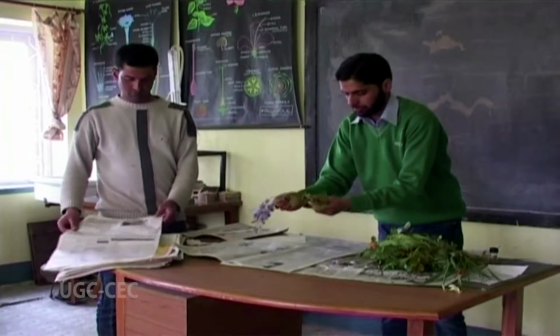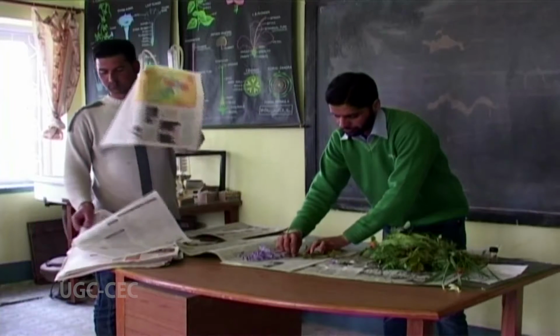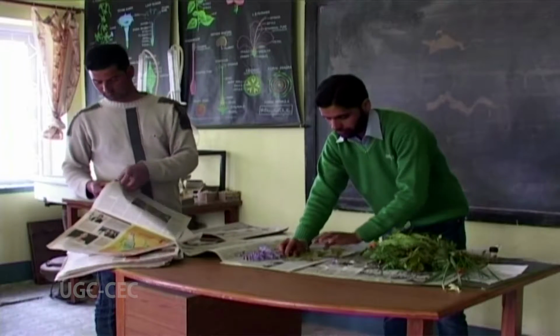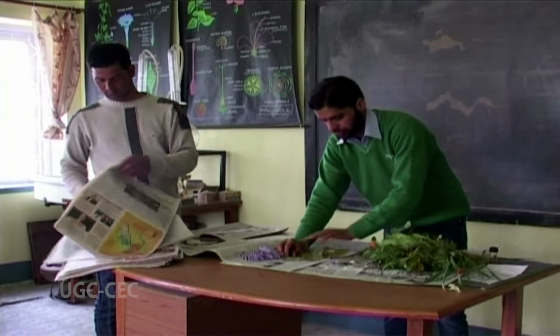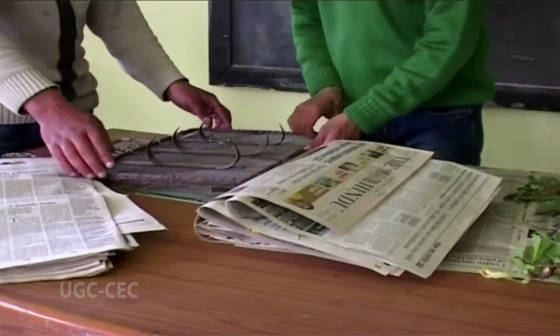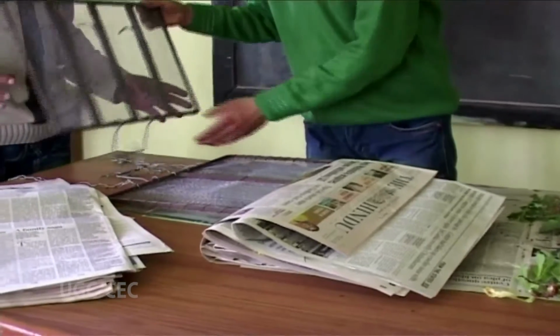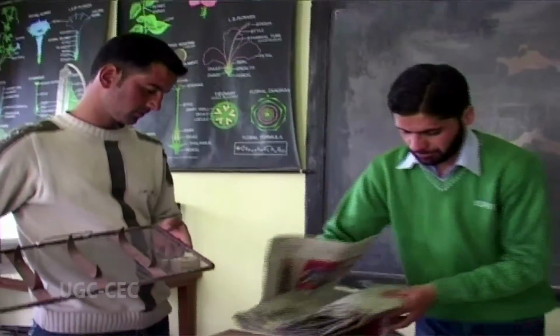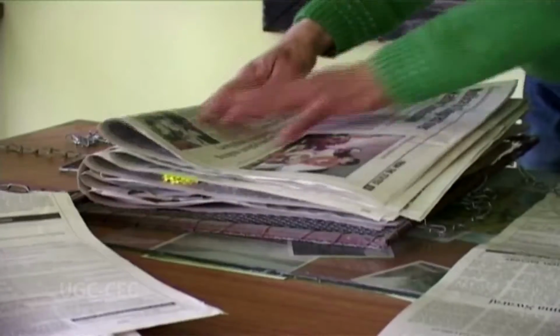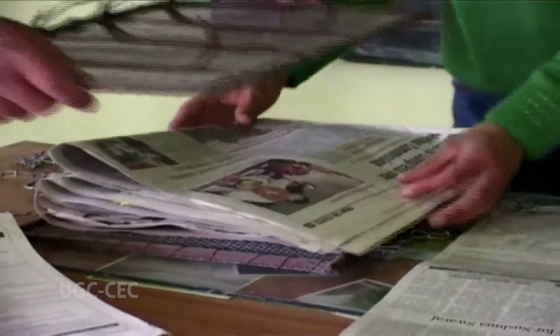One more step in the herbarium making after field collection is pressing or processing of the plant specimens. Once the plant specimen has been collected and field data is recorded, the specimens need to be pressed and dried using a plant press. It is very important to press the plant specimen before it wilts. What is this plant press?